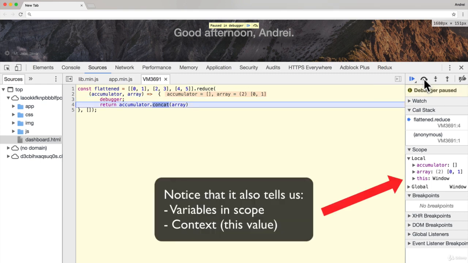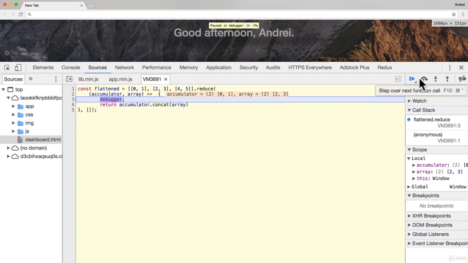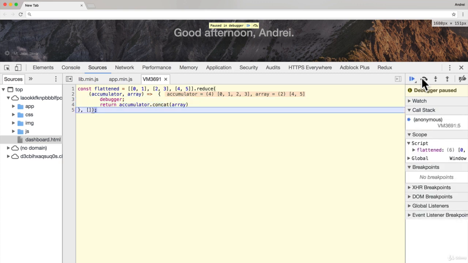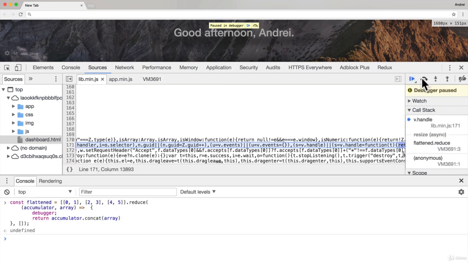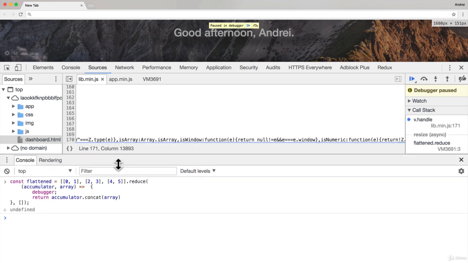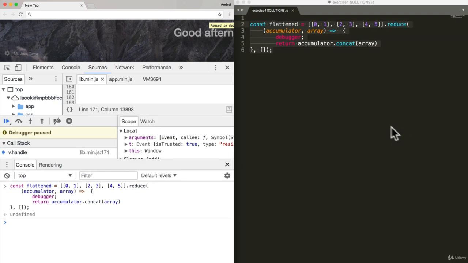I'm going to step through. That changed. Accumulator is now 0, 1, array 2, 3. And I keep stepping through and I notice exactly what's happening in the code. And when it's done executing, it returns. And look at that. We have our console back. Isn't that cool? Debugger allows us to literally go into the function and see what happens step by step. As I return this to the way it was,